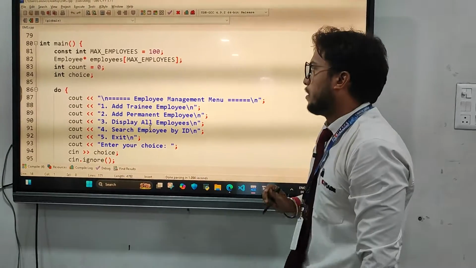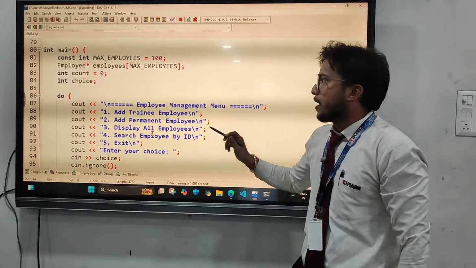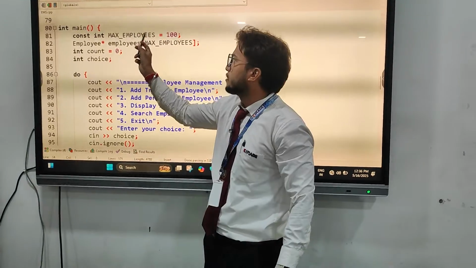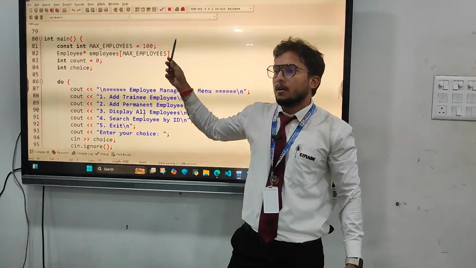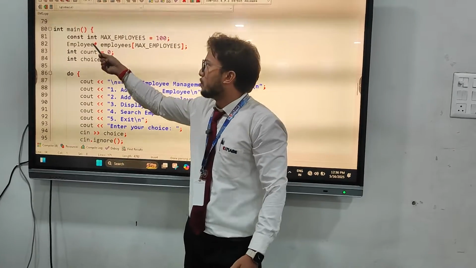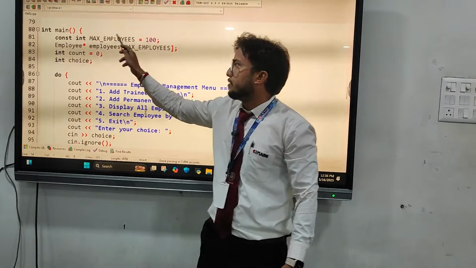Let's see how we have implemented the main program. Here, for max employees, we can take a maximum of 100 employee details, so we have a const integer data type.